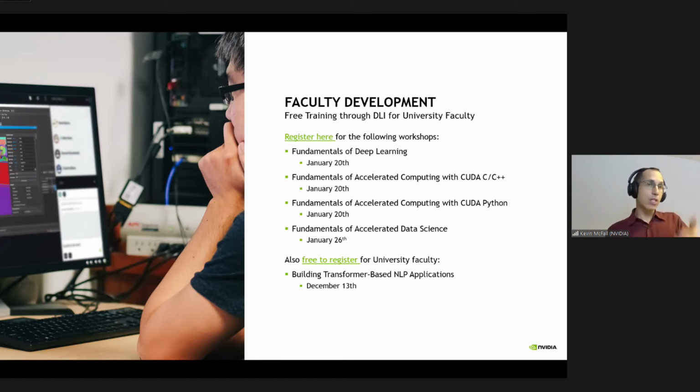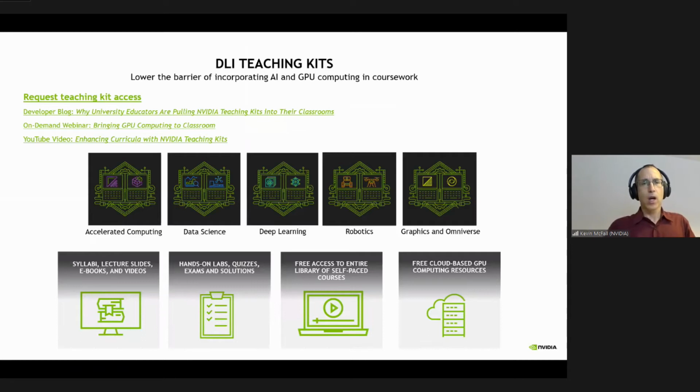So there's these workshops that we have, and they roll throughout the year. And we have many different free options for you to learn more about some technology. So this is just a sampling. And like I said, as we go through the year, there'll be more opportunities for you to follow free workshops. So that's the faculty development piece, okay?